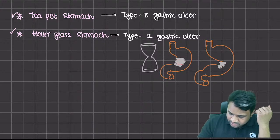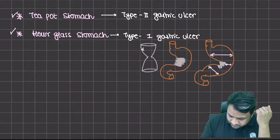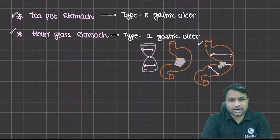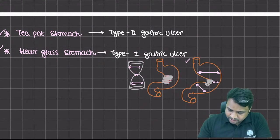So when you look at this, there is a wider portion in the proximal, narrow in the center, then a wider portion in the distal end. Wide, narrow, and wide. So this mimics a classical hourglass appearance. Now, when I say teapot stomach,